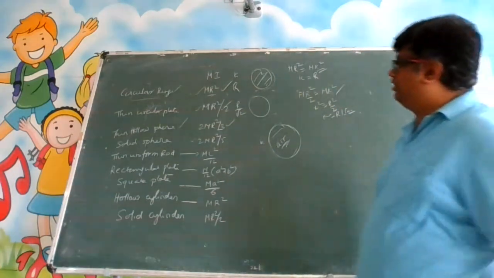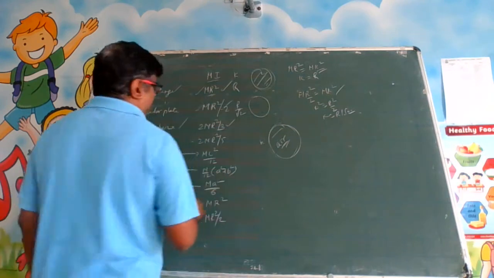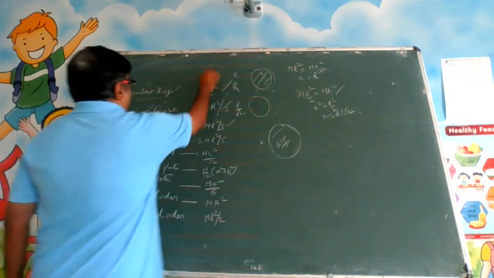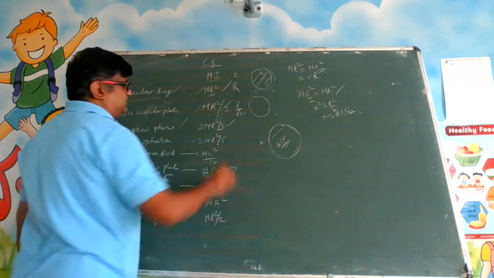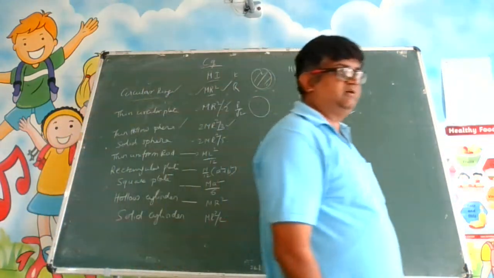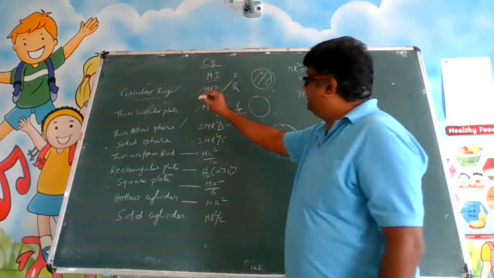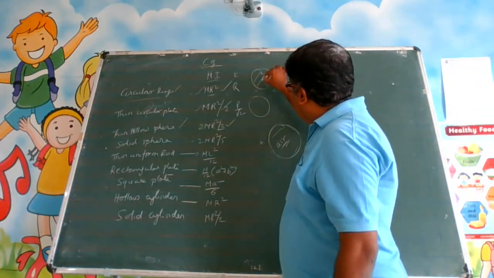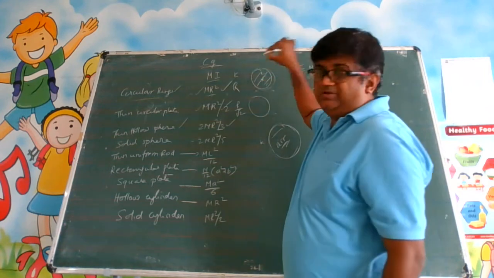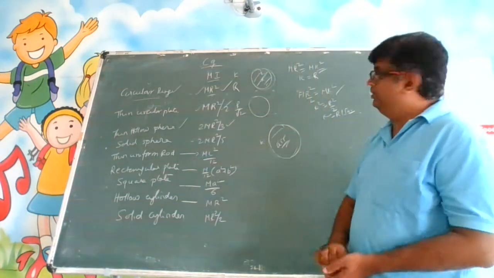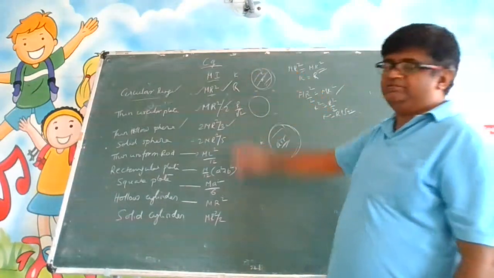Now here when we are talking about moment of inertia, we have to talk about the axis also. All these formulas, the axis is the CG axis. The CG axis I am talking about. Okay. So if I talk about the circular ring, at its center imagine an axis which is perpendicular to the board. So this is rotating about that.